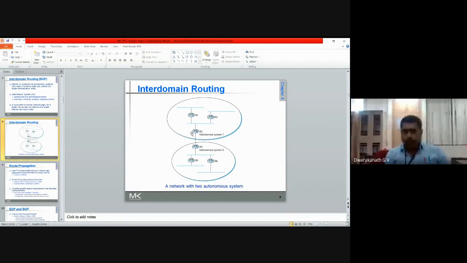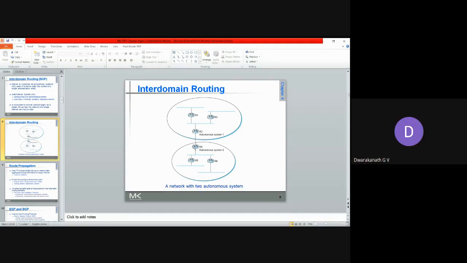Here we'll call R2 and R4 gateway routers, and the other routers are internal routers which will be there in an autonomous system. This is very much important. What are gateway systems? A gateway system is like a gate which is open to another autonomous system for a connection. That's why we call them gateway routers. So R2 and R4 are the gateway routers here.